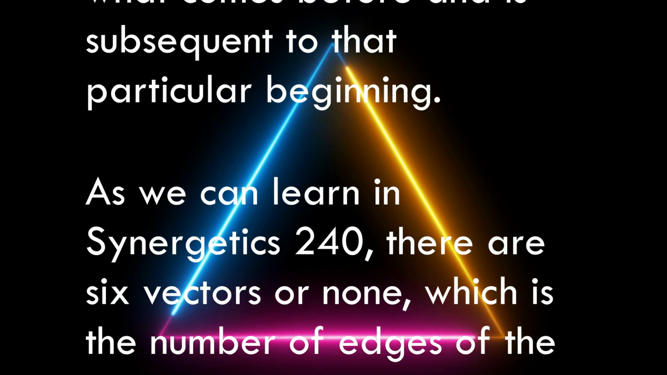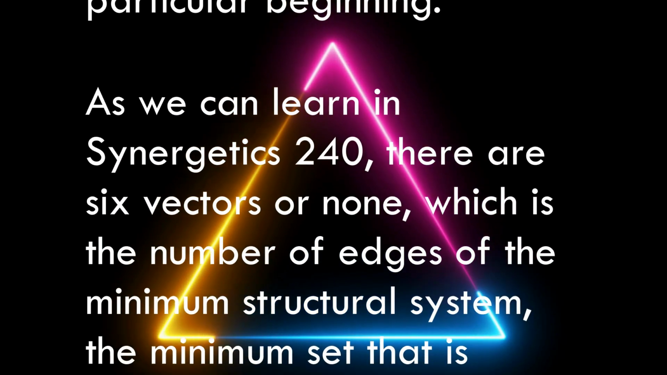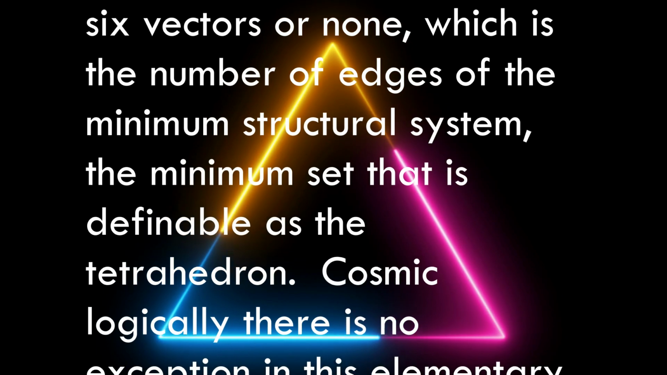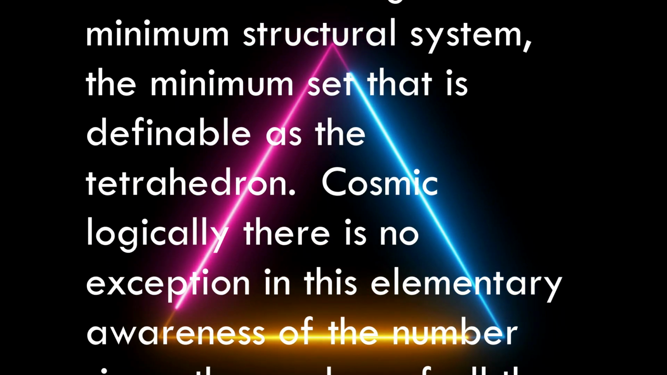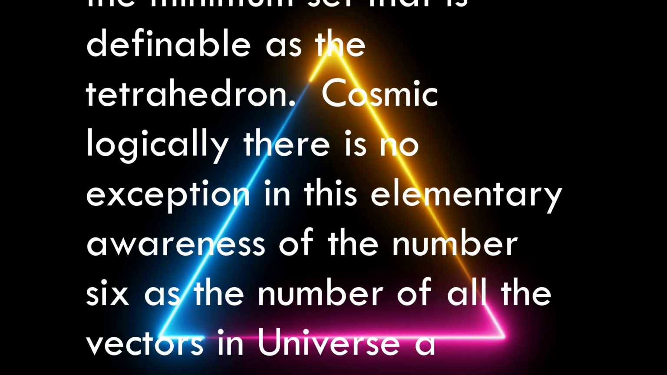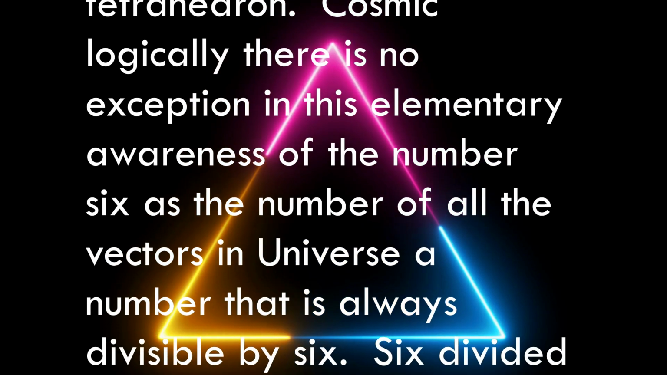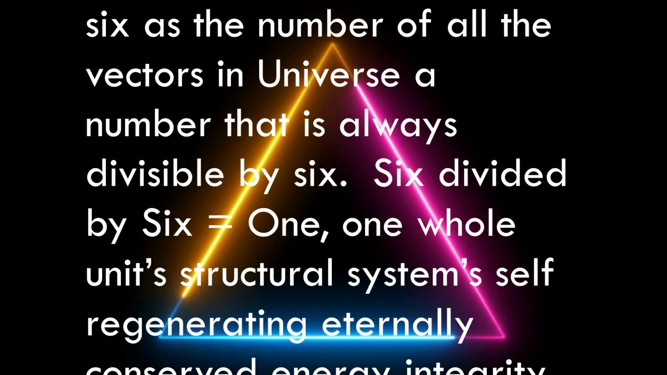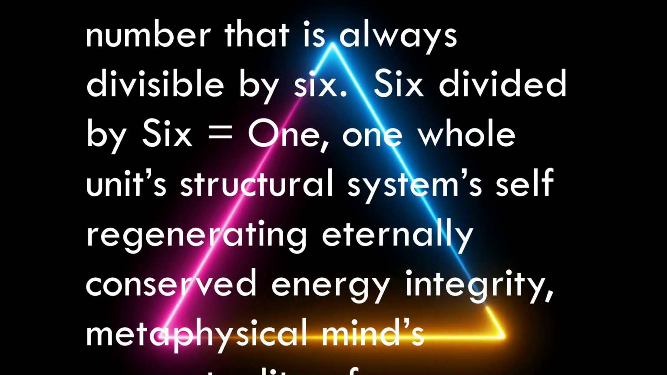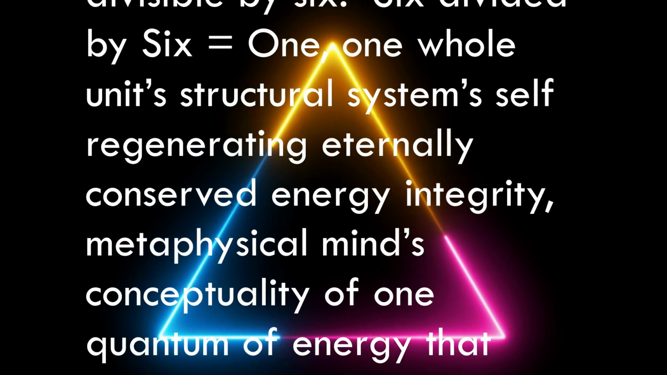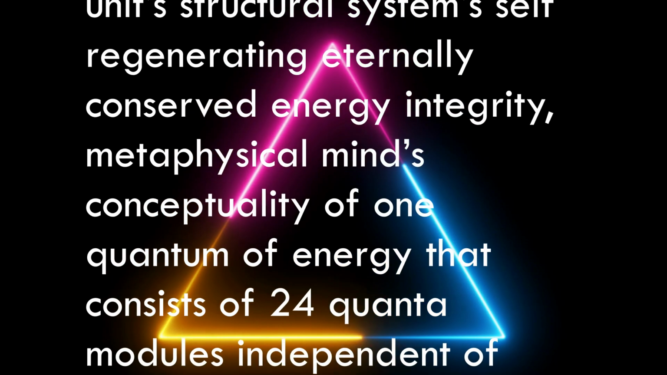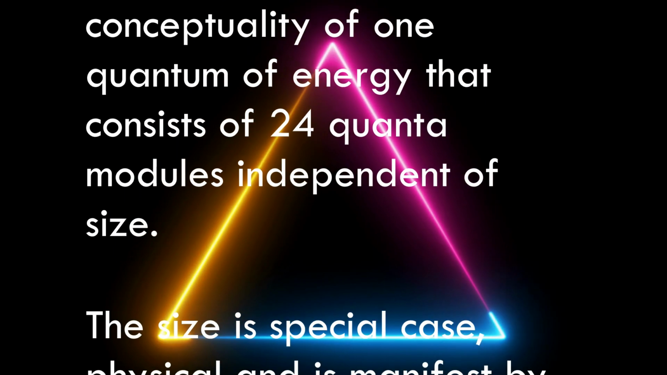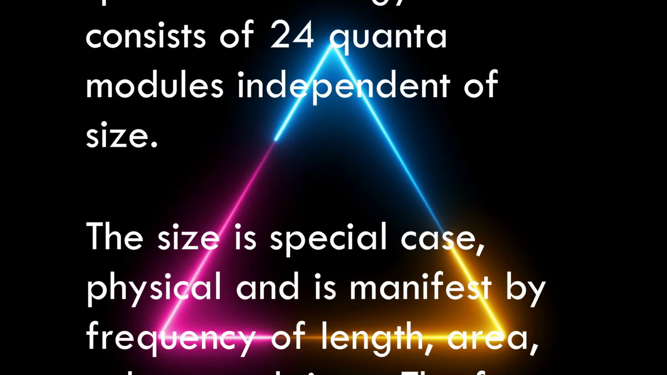As we can learn in Synergetics 240, there are 6 vectors or none, which is the number of edges of the minimum structural system, the minimum set that is definable as the tetrahedron. Cosmologically, there is no exception in this elementary awareness of the number 6 as the number of all the vectors in universe, a number that is always divisible by 6. 6 divided by 6 equals 1. One whole unit structural systems, self-regenerating, eternally conserved energy integrity, metaphysical mind's conceptuality of one quantum of energy that consists of 24 quantum modules independent